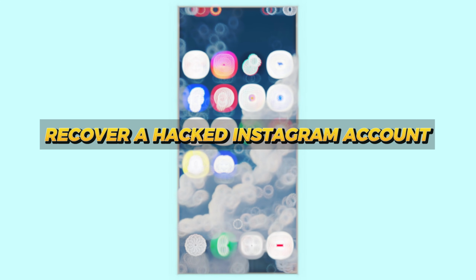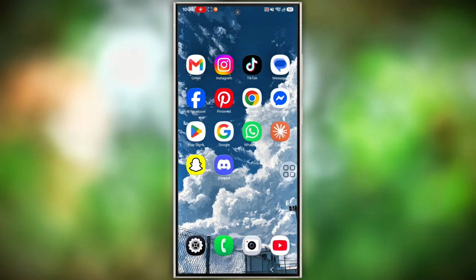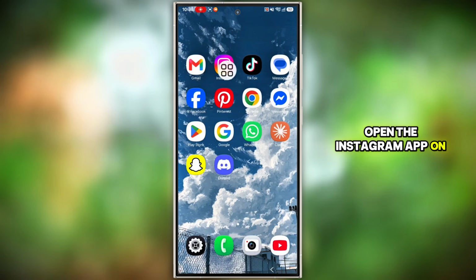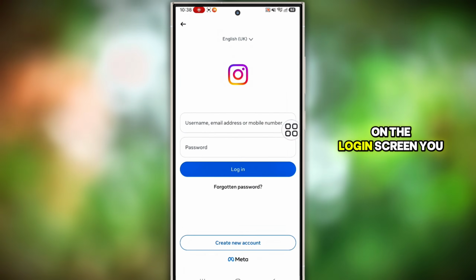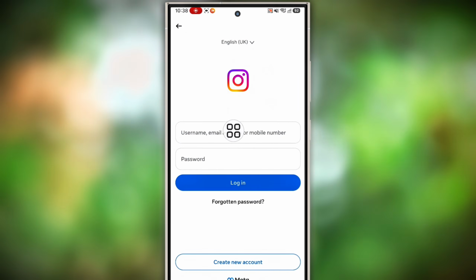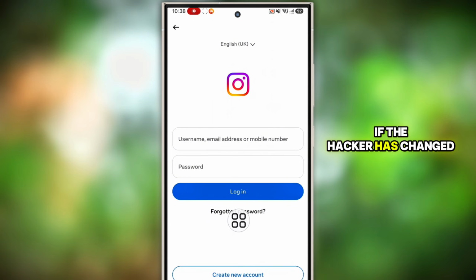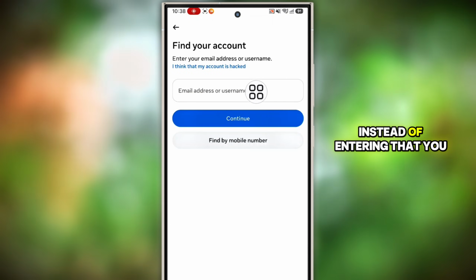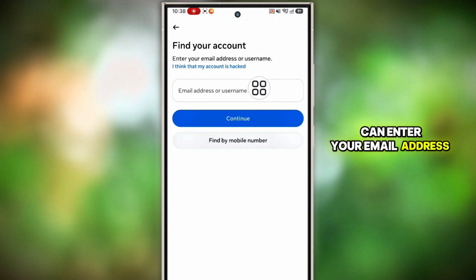Here's how to recover a hacked Instagram account. First, open the Instagram app on your phone. On the login screen, you want to tap on the Forgotten Password option. If the hacker has changed your username, instead of entering that, you can enter your email address or tap on